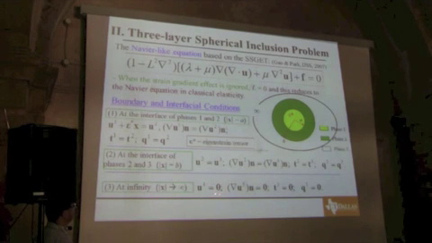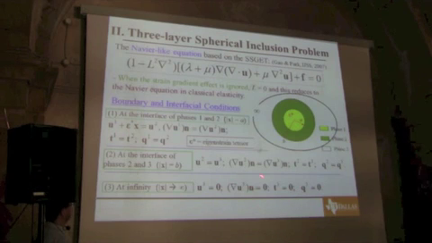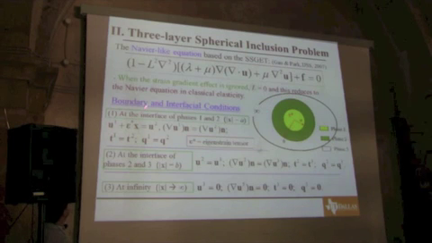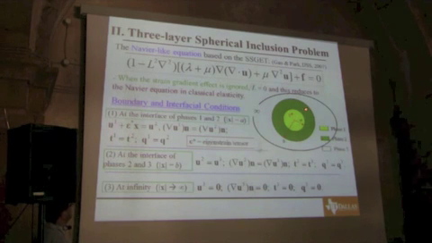At infinity we have vanishing displacement, traction, double stress traction, and the normal component of the gradient of the displacement field. But we have 2 interfaces. On those 2 interfaces, we have to enforce the continuity conditions. So we see this in the